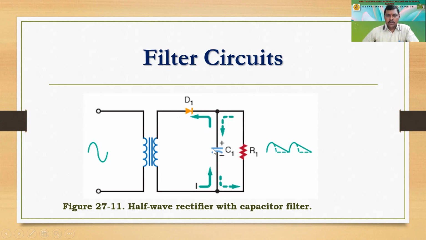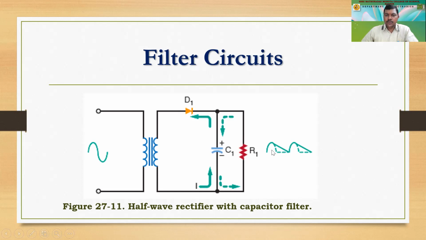So this charging is shown over here, and the arrow shows the flow of electrons, right? The electrons are going to flow from negative to positive. So this is the flow of electrons, and the current will flow in the opposite direction to the electrons. So at this point, the capacitor is supposed to charge, right?